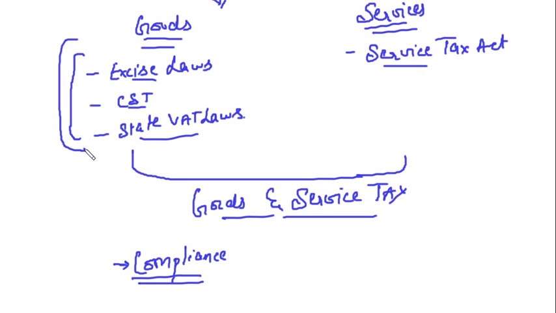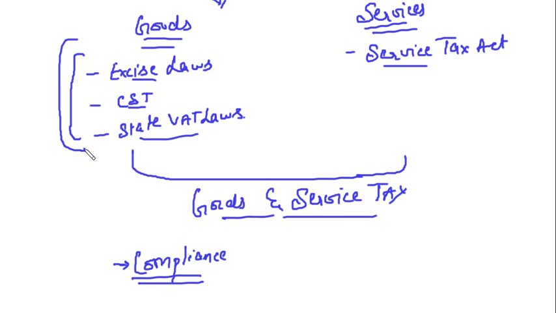Now all these departments have been merged into one department that is known as goods and service tax. So it brings a little bit of ease for the business in dealing with the various departments. Now the businessman is clear about one thing, that he has to deal with only one tax, that is goods and service tax. He doesn't have to deal with the excise, the VAT department, or the service tax department. There is only one department, that is goods and service tax.